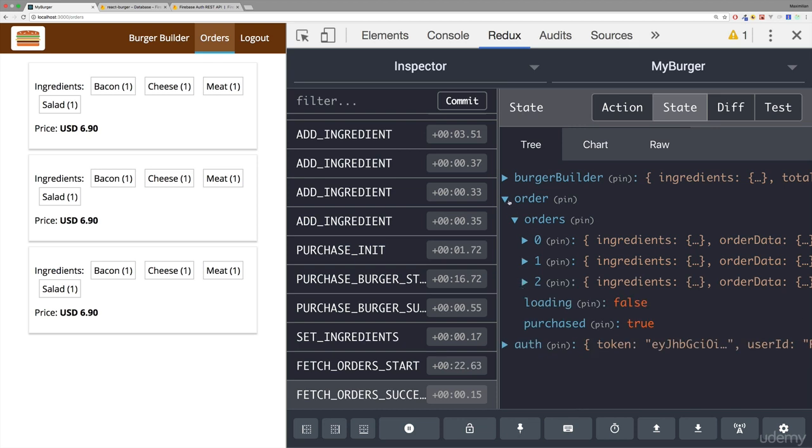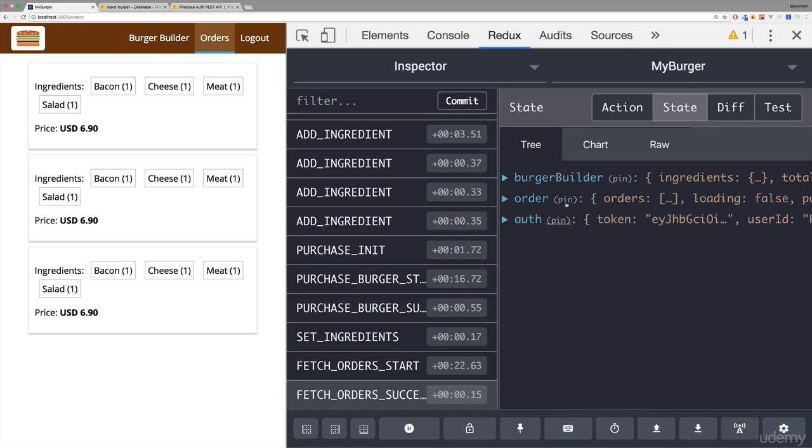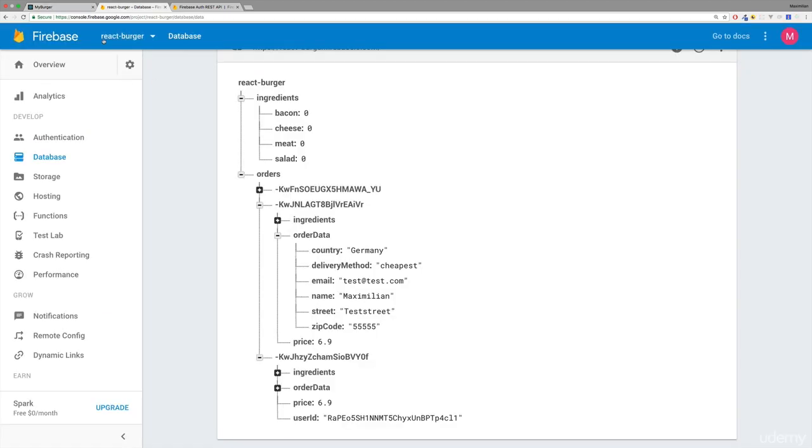And that's a potential security issue, because if anyone inspects our JavaScript code, he could see orders which aren't meant for him. So a better way is to just fetch the orders we need from the backend in the first place. And we can do that easily with Firebase. Of course, for your own API, you need some way of passing that user ID to the backend, or use that token you pass along anyways to only fetch data for a given user.